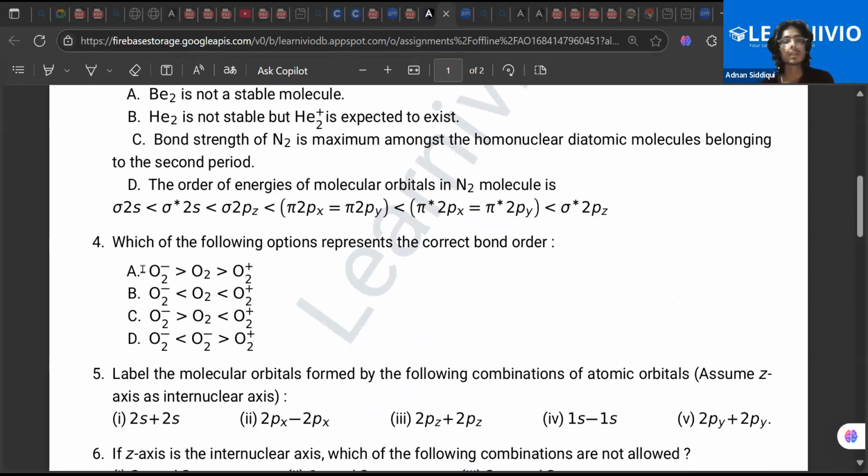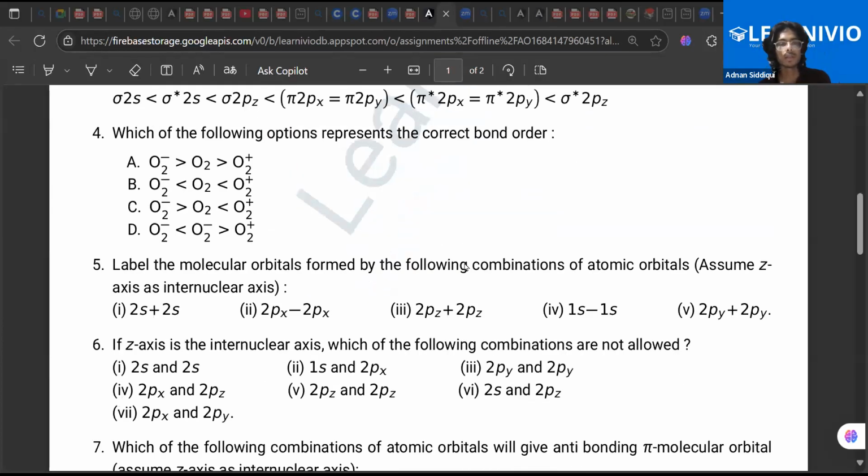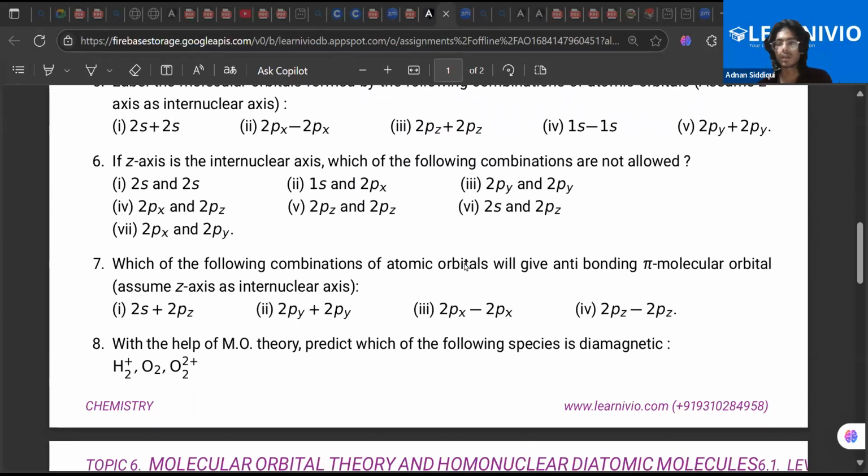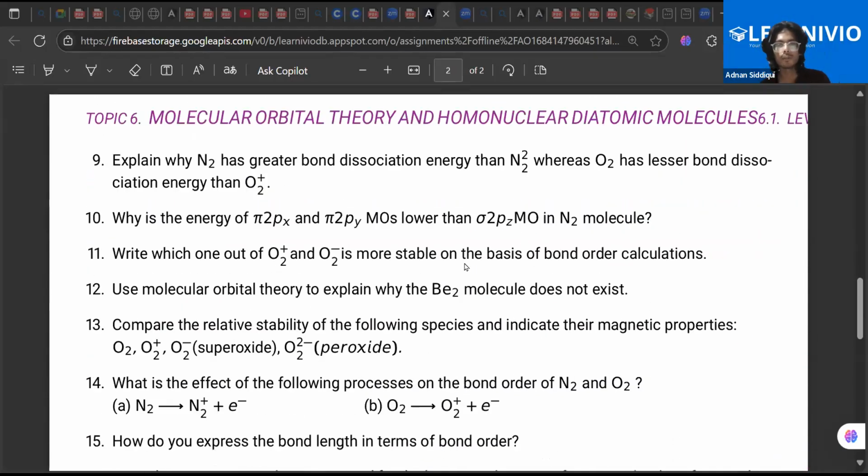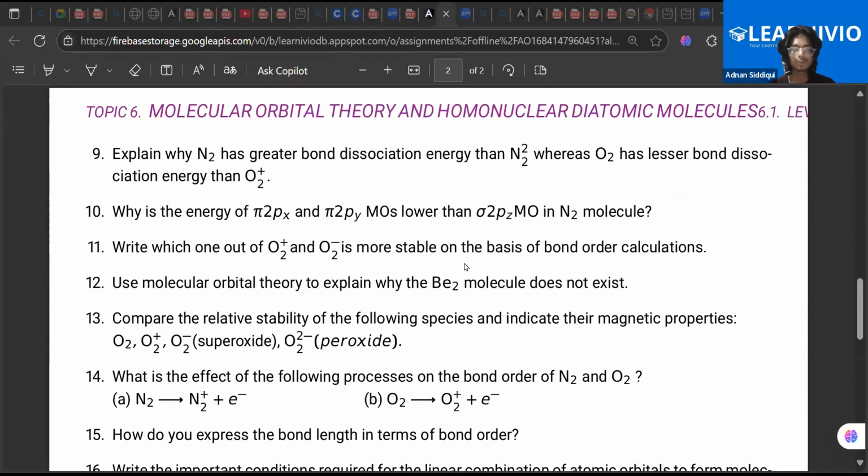The next question is: which one of the following options represents the correct bond order? You have two options to deal with these kinds of questions. Either you can draw the entire molecular orbital diagram, or you can use the table that I have mentioned, or mental maths. So the moral of this discussion is you have to deal with every concept that is given in